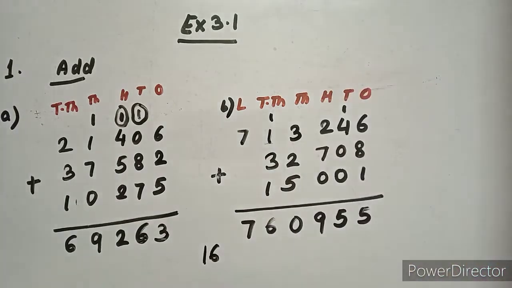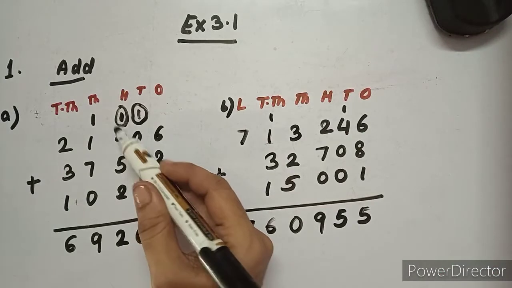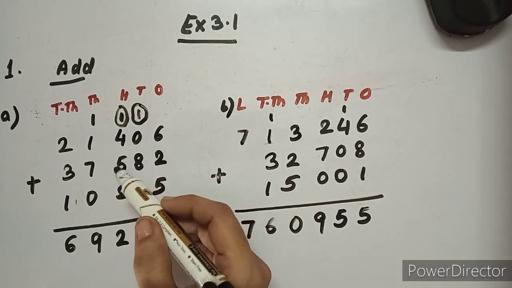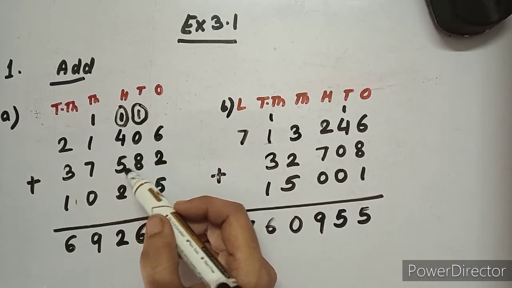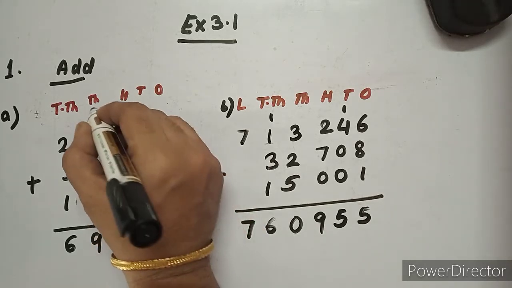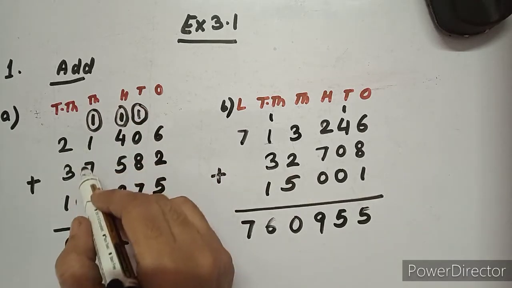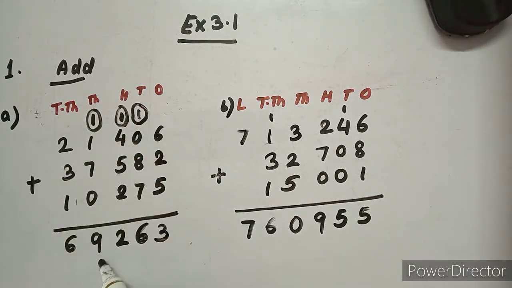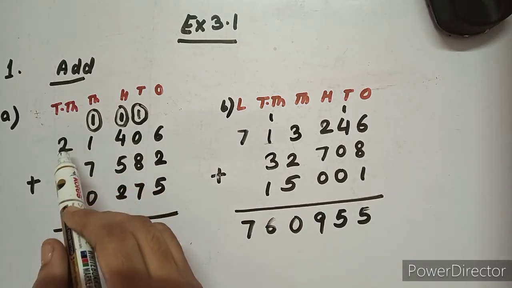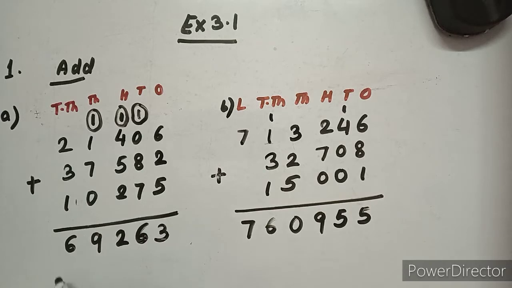ओके, now go for next one. See here, 4 plus 1 is 5, then again 5 is 10, then 12. So 2 and 1 is taken as carry over. Then you have 7, 8, 9. So 9 here and then 2 and 3 is giving 5. 5 plus 1 is 6. So your answer is